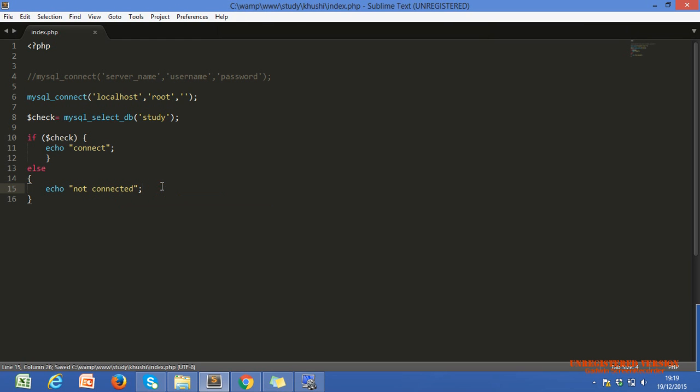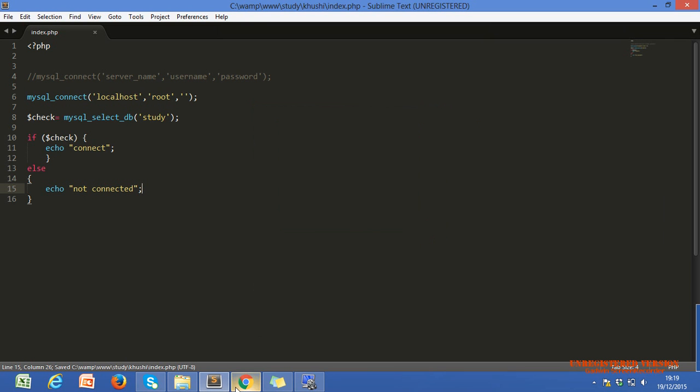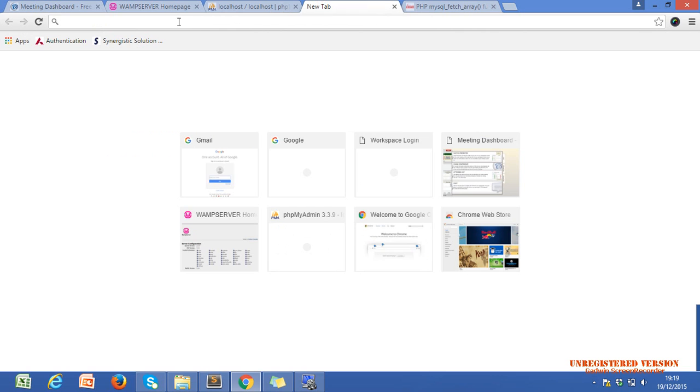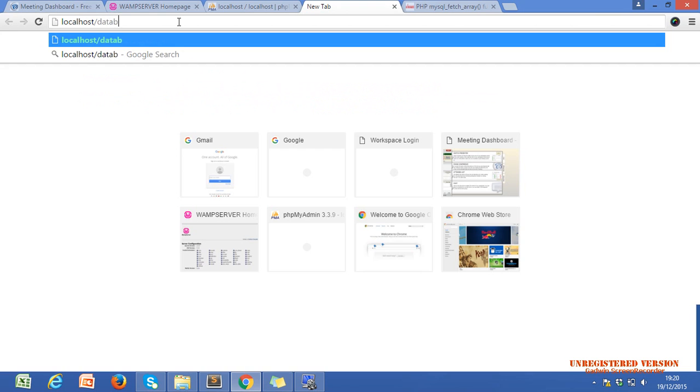Let's see. Now I have to run my file, localhost database. I just gave my folder name, database, nothing else. Okay, don't be confused.